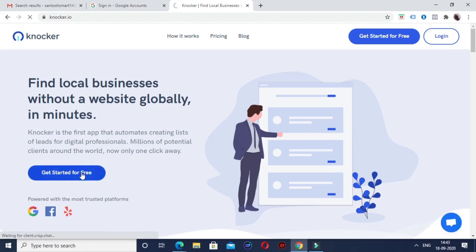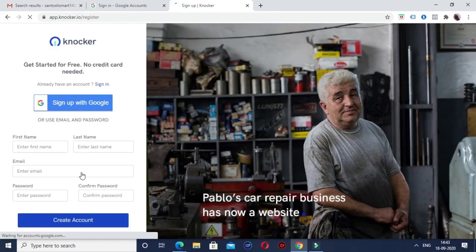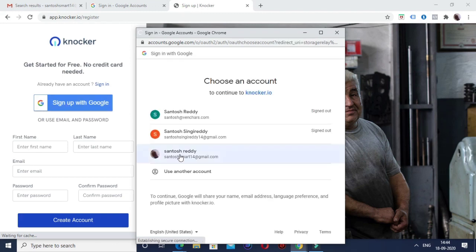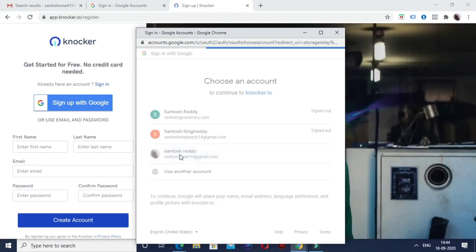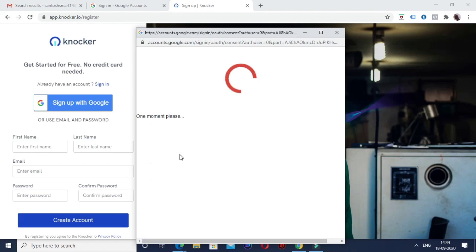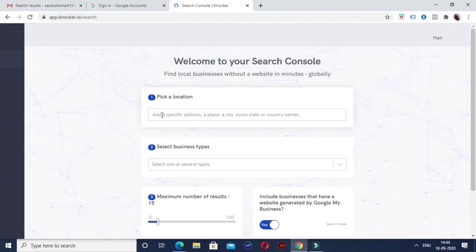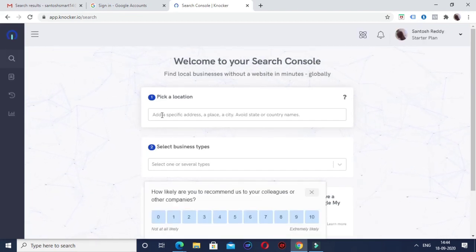I'm trying to register an account in this, signing up with Google, with my Gmail account. Yes, I did sign up for the free account.